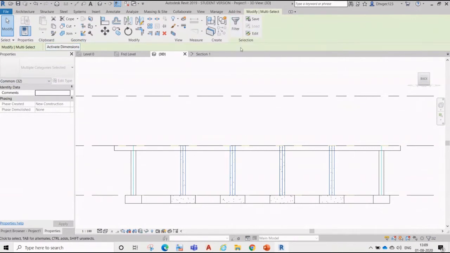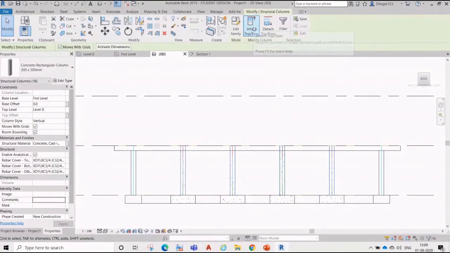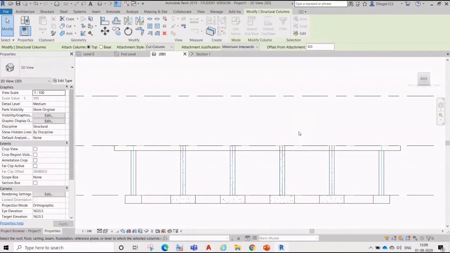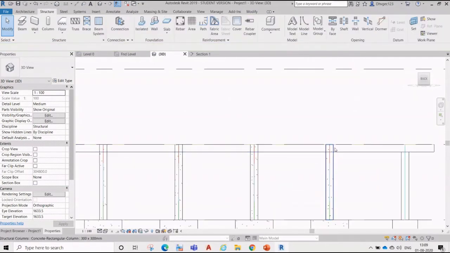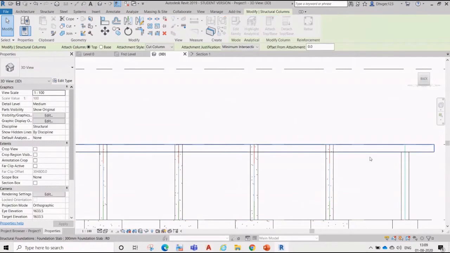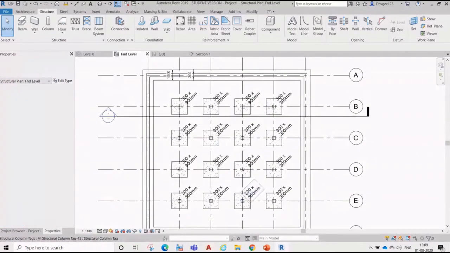If you want to select something and filter, go to filter. You will see here filter, and of analytical, only the structural line. Okay, and then you can say attach base. Okay, and say yes. Okay, so like this you can just reduce the length of